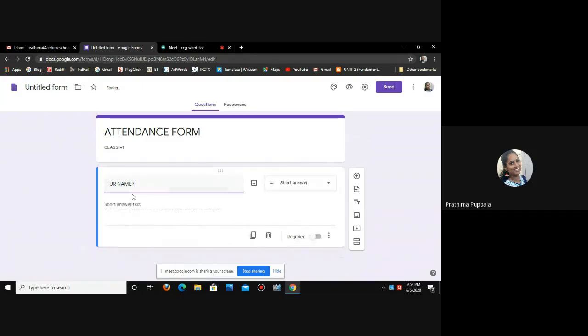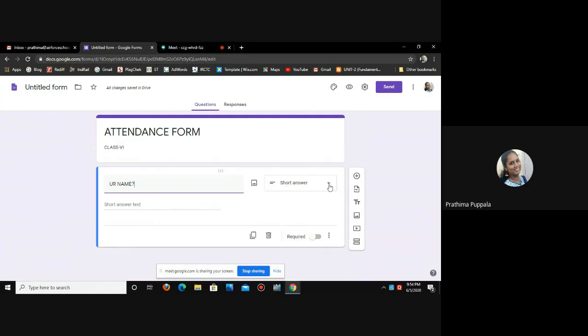question mark. Now for this question, which type of answer are you expecting? Are you expecting a multiple choice answer, a short answer, a paragraph or long answer? You have to choose here the answer type. Here on the right side we can see that by default it is showing short answer.